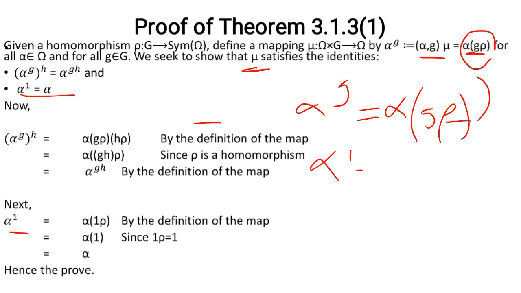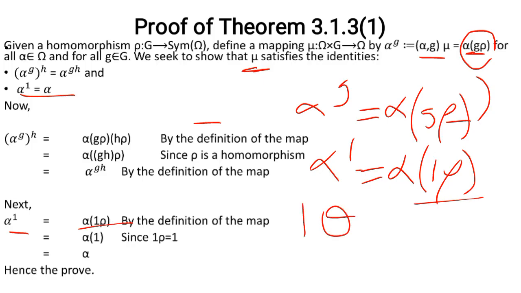Wherever there is G, I put 1, and we have rho. So alpha G rho is this. But we have shown that 1 theta in class, do you remember, is equal to 1, because theta was a homomorphism in class. And this is also a homomorphism, and this is 1. So this thing here,